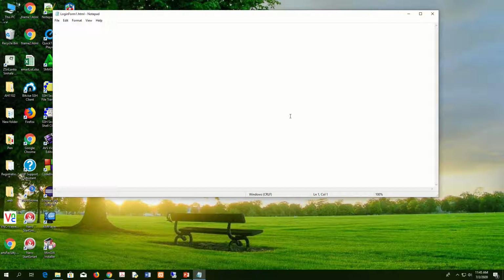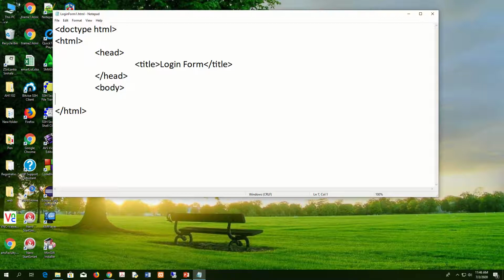Okay, then I start, right? So the first tag is doctype, so this is my document type HTML, and then I open the HTML root element, and at the same time I close the HTML root element, and then the head section, and then close the head section and title, right? So this is the login form title, and then this is the body section. So here I close the body section,